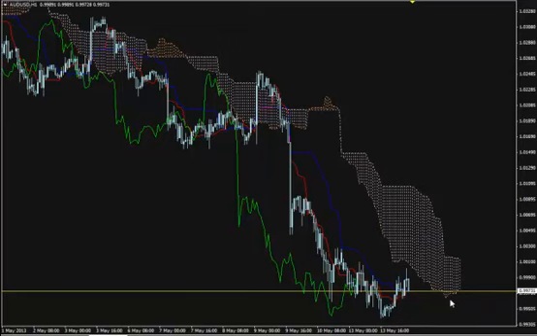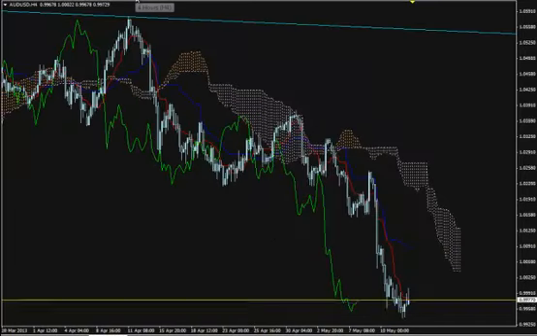Once we see this, and once we see Chikou span going down, pointing down below the price, which is not the case here because it's touching the price, when we see it clearly bearish, and when we see the H4 chart also clearly bearish,